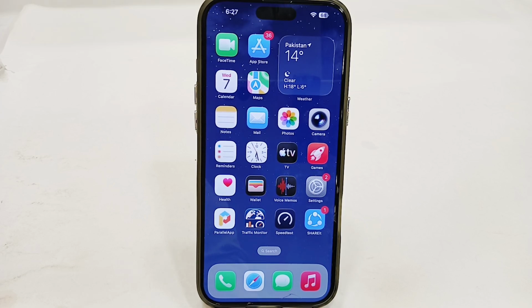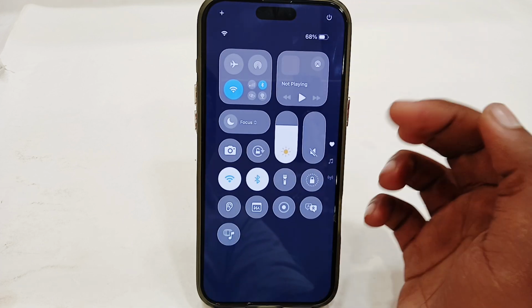Hey guys, today I'm going to tell you how to fix Snapchat notifications not showing. If you're using Snapchat and you're facing the issue that your Snapchat notifications are not showing, let's see some possible fixes for this. So the very first thing, you just have to make sure that your phone is not